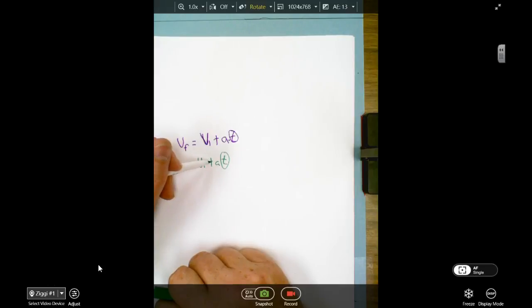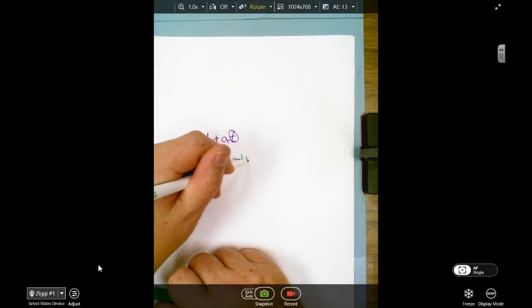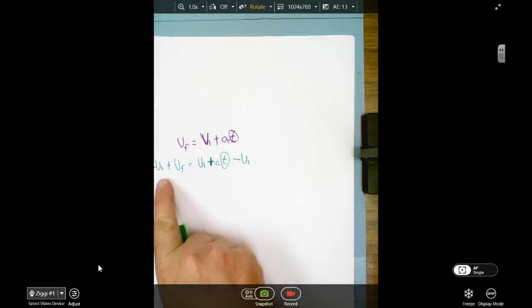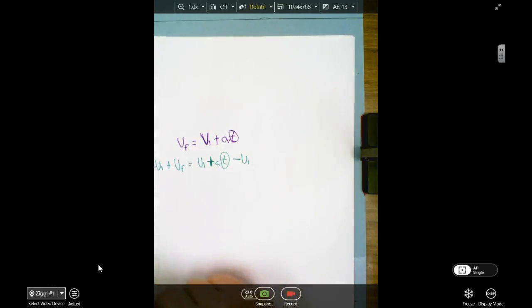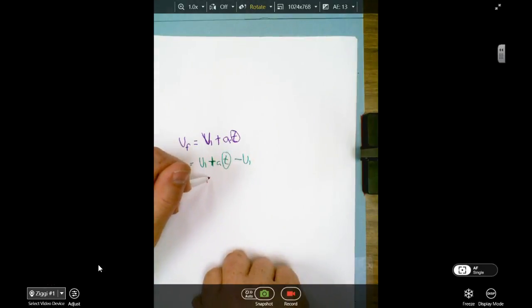These two are added, so I need to do subtraction. If I subtract velocity initial from one side, I need to subtract velocity initial from the other side. It looks kind of funny where I say plus or minus, but since I wrote it that way, now I can just clean this up and say velocity final minus velocity initial is equal to acceleration multiplied by time